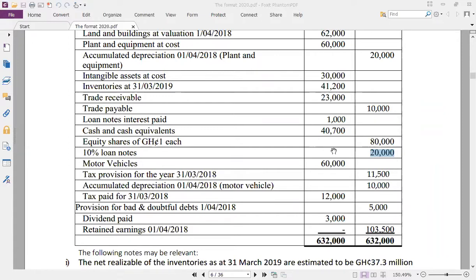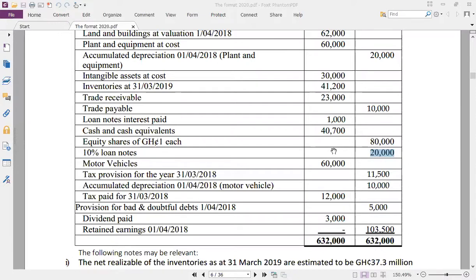In fact, cash equivalents are instruments that look like cash but are not cash, though they can be converted to cash. For example, a bill that will mature in 21 days, you can consider as cash. Good. So that's cash and cash equivalent.